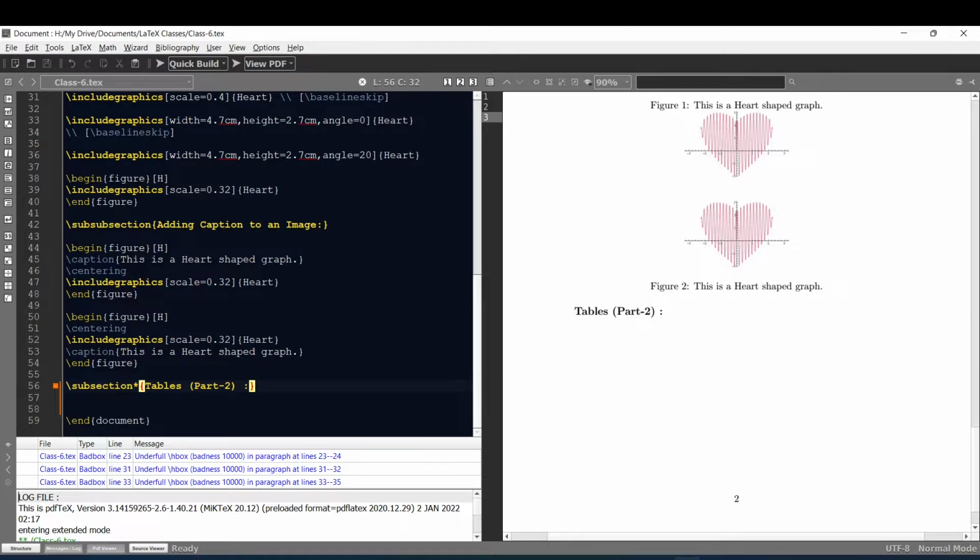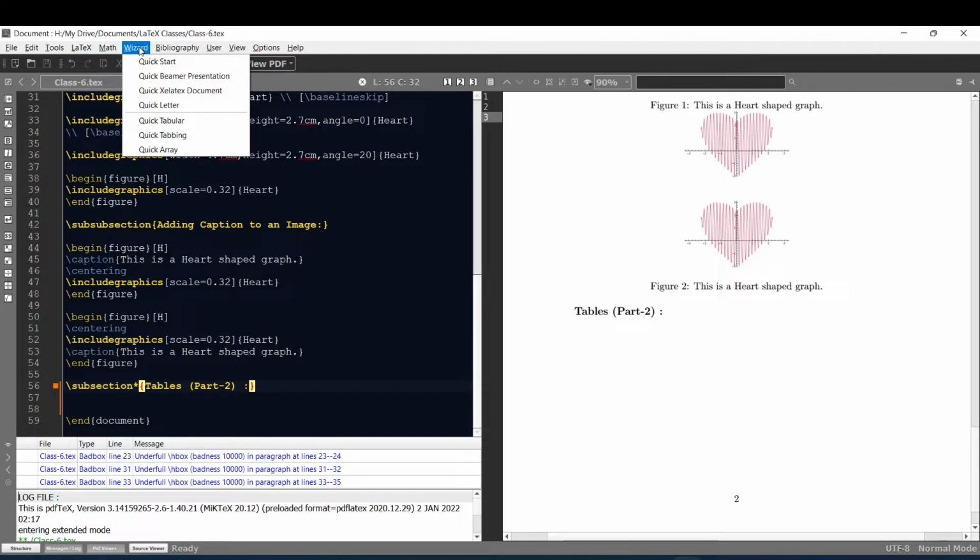Now, today, we shall create some more fancy tables and also learn to create tables easily, without typing all the code manually, with the help of the wizard tool. First, let me create a table consisting of 2 rows and 2 columns with the help of the wizard tool. So I will click on this wizard here, then I will click on this quick tabular.